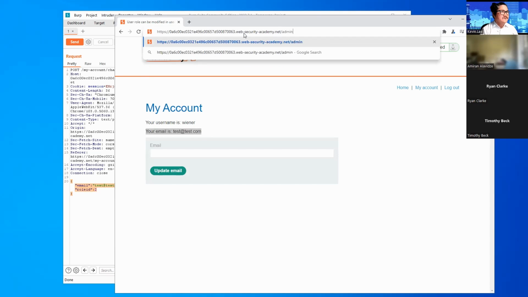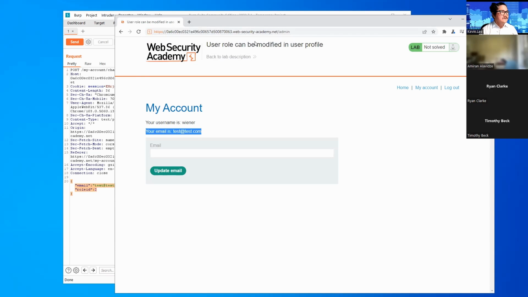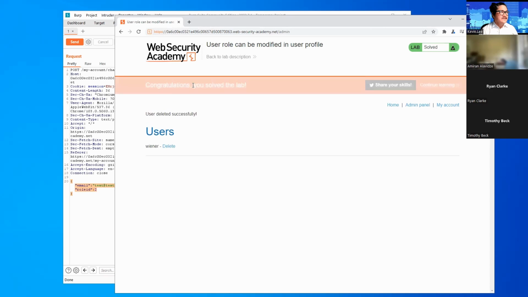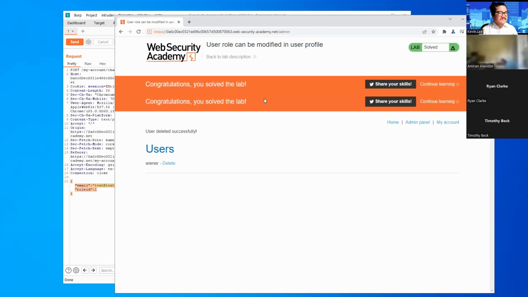Admin over here. And we see that after we've modified our role ID parameter, we can delete the user Carlos. So right here, click on delete. And we see that we've solved the lab.